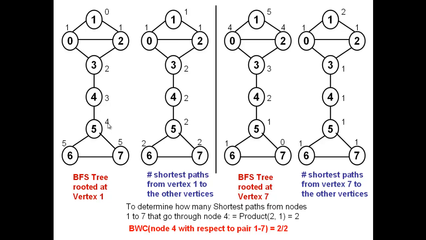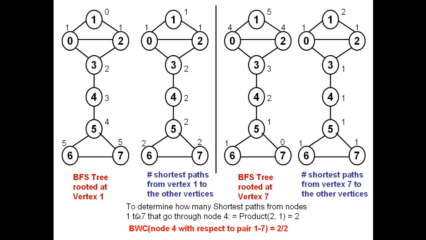And looking at the figure here, 1 through 7 that go through node 4. So there are two such shortest paths. Now how to determine this based on what we have? So it's a product of 2 and 1, as I say. So 2 is the number of shortest paths, say from